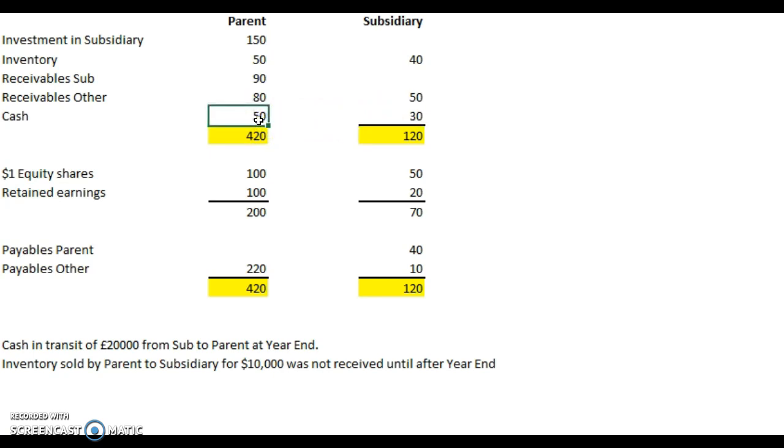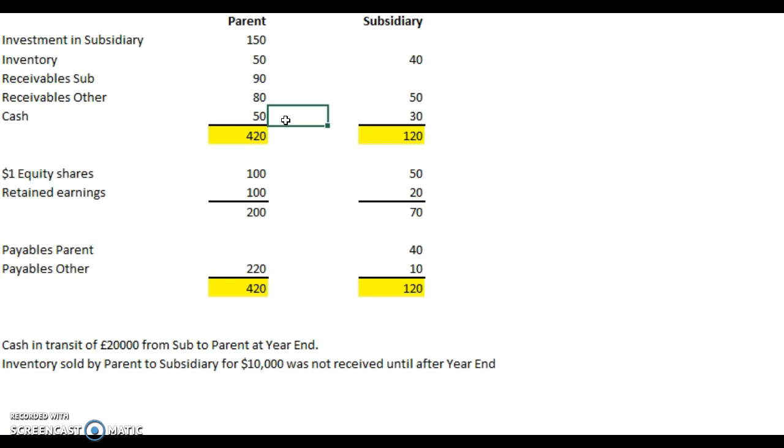Somewhere in transit. So it means we need to make an adjustment here